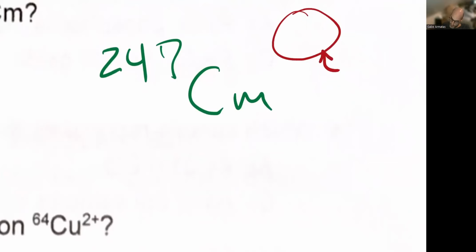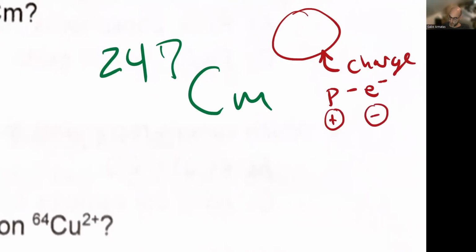That's where my charge goes. Charge is always going to be essentially the difference between protons and electrons. It's the number of protons minus the number of electrons. Overall, that's going to give you the charge. If I have extra positive charges versus extra negative charges, you're always going to weigh it out. We don't have one here, so we know in this case that protons and electrons are going to be